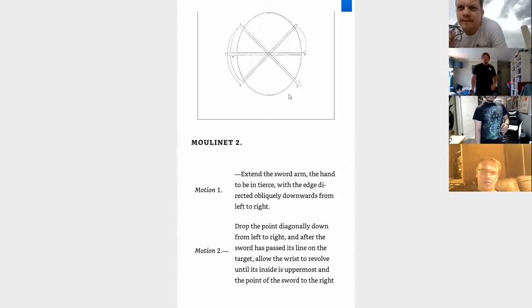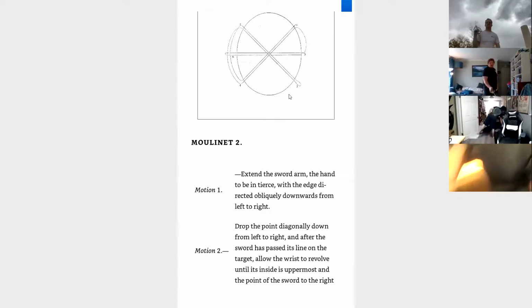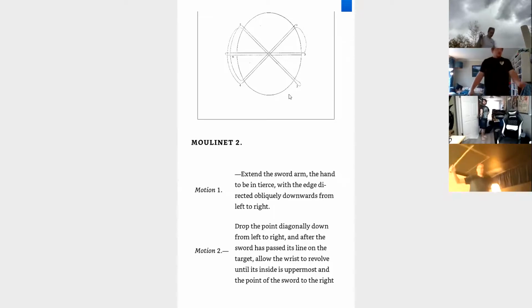So we're going to start with our cuts from above. We're going to cut above right to the left. Now, the thing that I want everybody to keep in mind with this is you're going to cut through and then you're going to go to the other side. Don't break that wrist until you are through the cut. So you're going to start out here. You're going to cut down. Once you're here,